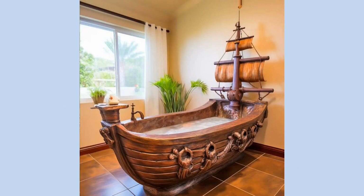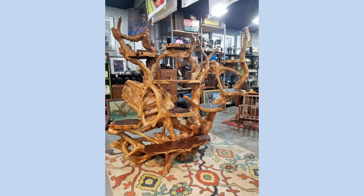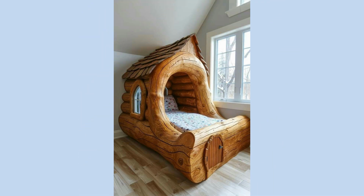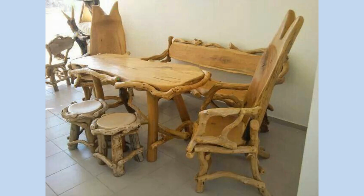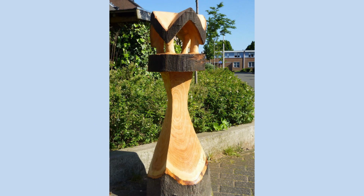A tree-shaped bookshelf where branches act as shelves for books or decor items. Materials: solid wood like pine, oak, or walnut for durability, wood glue, screws, and dowels for assembly, sandpaper and wood stain or paint for finishing. Style ideas: modern, smooth, painted wood with sharp geometric lines; boho, irregular branch shapes with a natural wood finish. Use: unique bookshelf in a